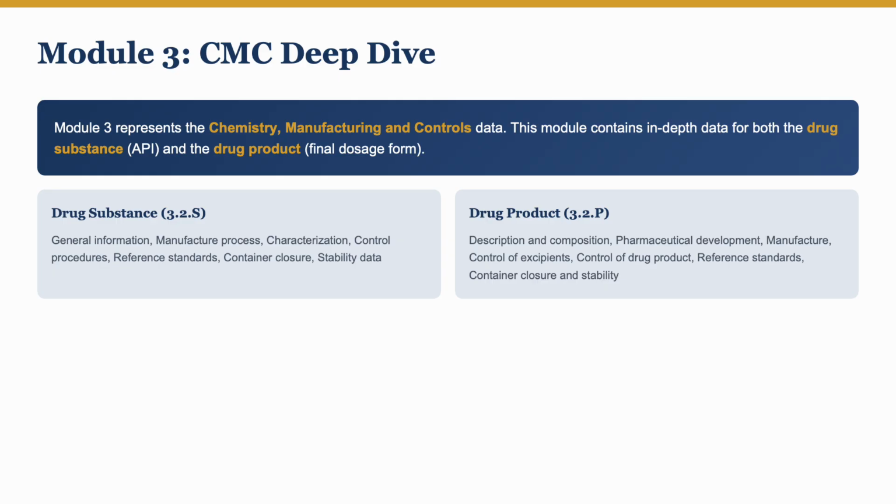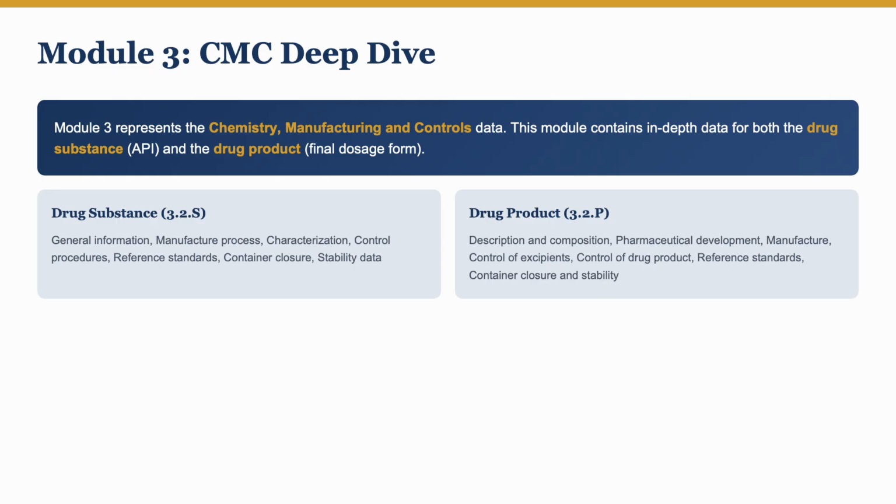This module is divided into 2 main sections, 3.2.S for drug substance and 3.2.P for drug product. The drug substance section, also called the active pharmaceutical ingredient or API section, covers everything about the active ingredient itself. This includes general information like nomenclature and structure, manufacturing details, characterization data, control procedures, reference standards, container closure systems, and